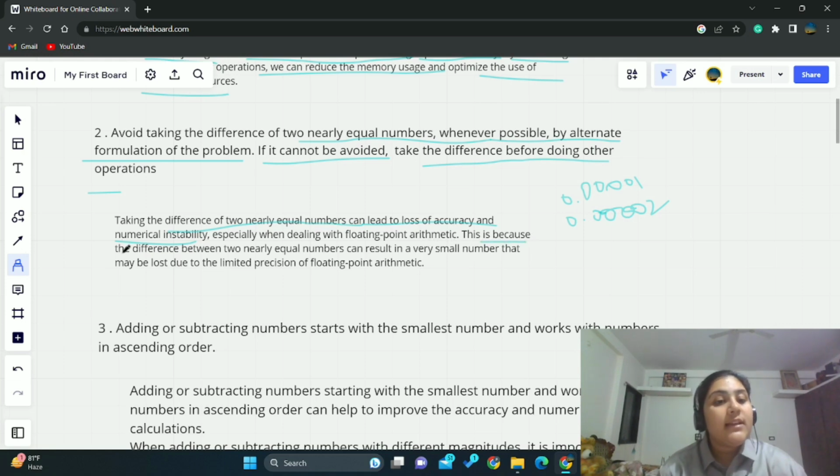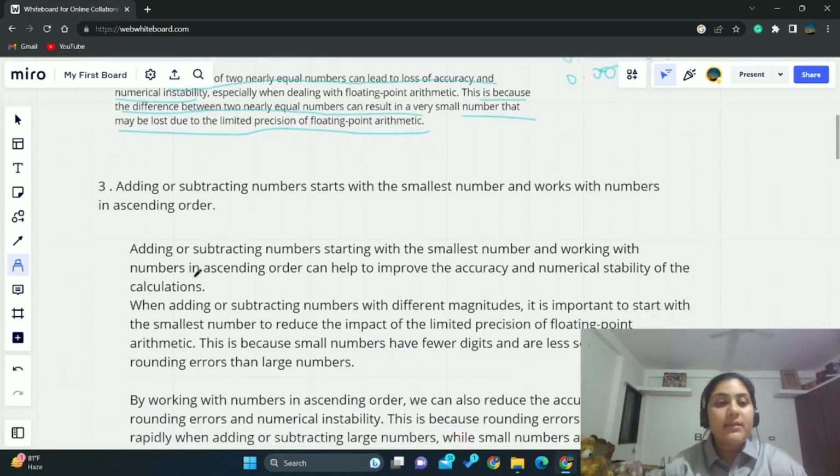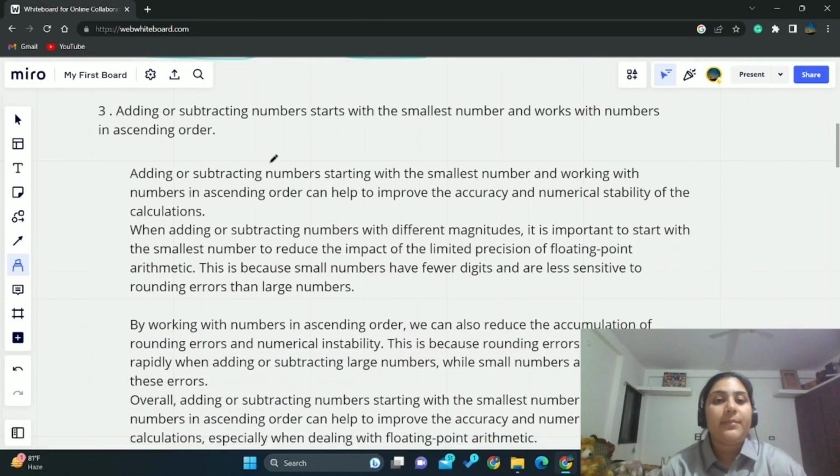This is because the difference between two nearly equal numbers can result in a very small number that may be lost due to the limited precision of floating point arithmetic. So we can avoid this by using an alternative formulation of the problem, or by taking the difference before doing other operations. Question number 3: adding or subtracting numbers, start with the smallest number and work